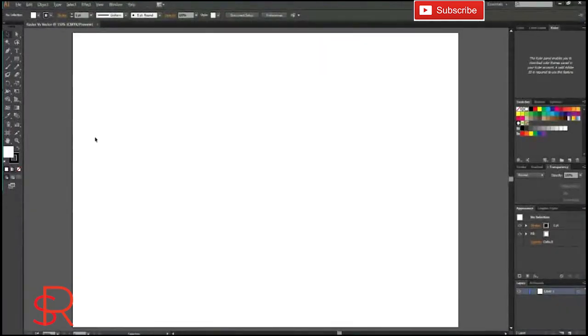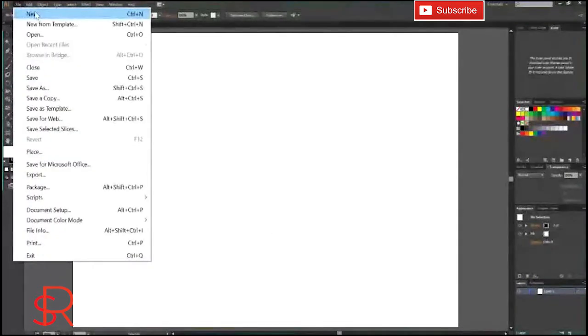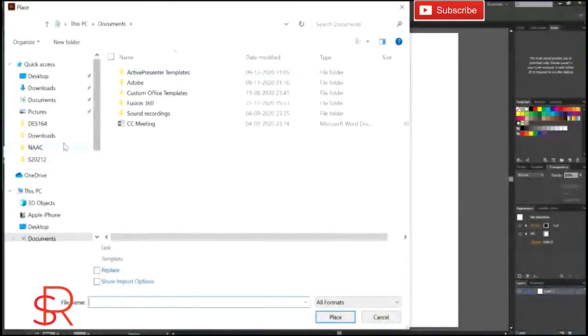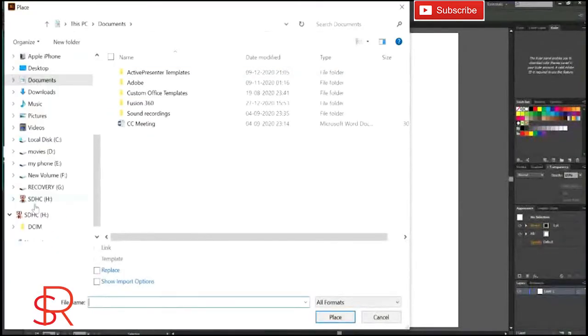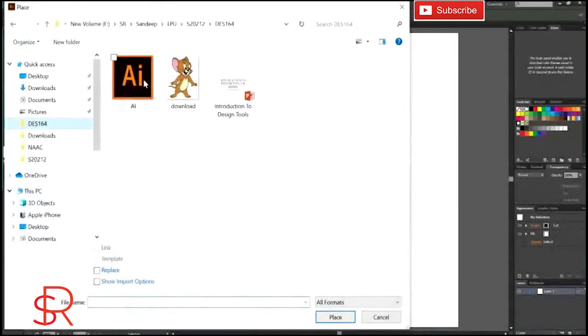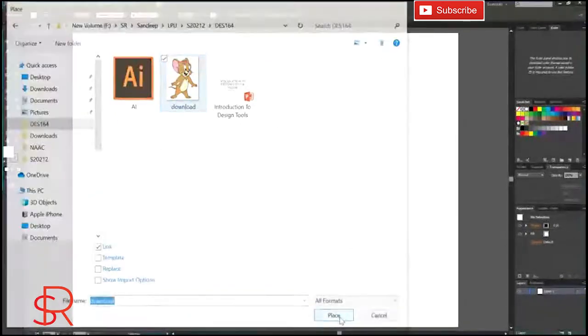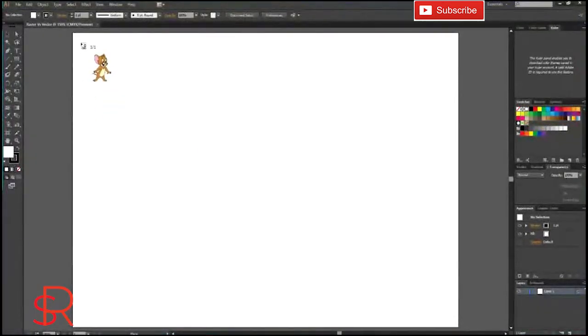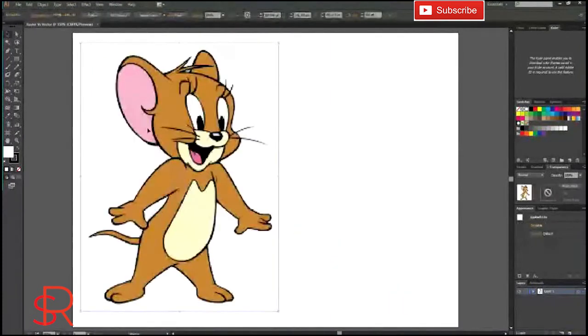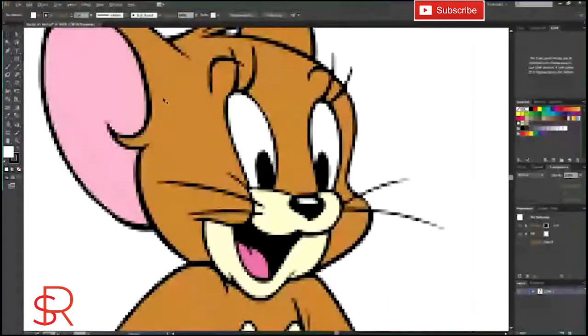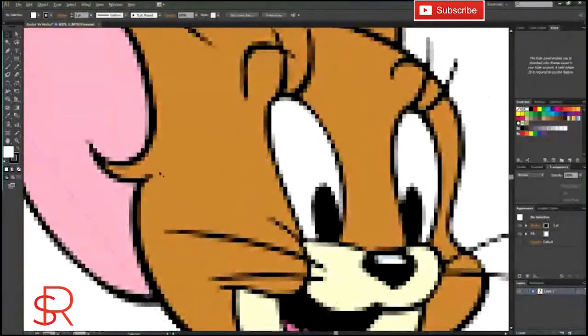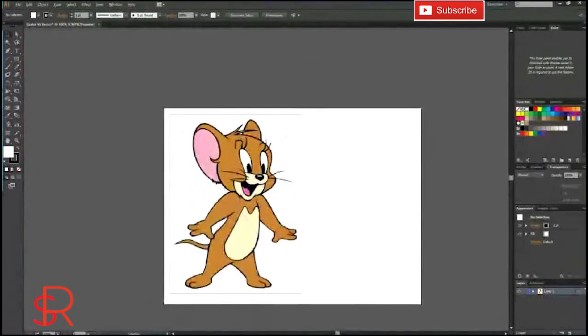to place one image. So, we'll select the image from the File option, and from File we will have to select Place. From Place we will just identify the image which we have to place over here. So select the image from the location folder, and after that click and drag. Once you drag, your image will be here. So this is your raster image. You can see the image is getting pixelated.